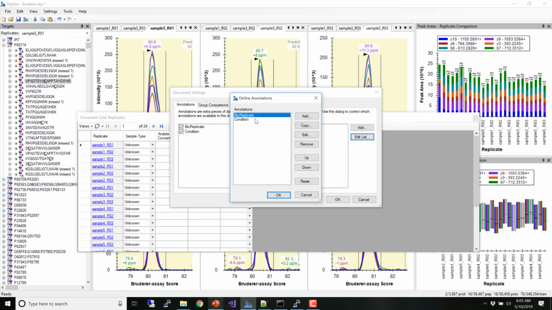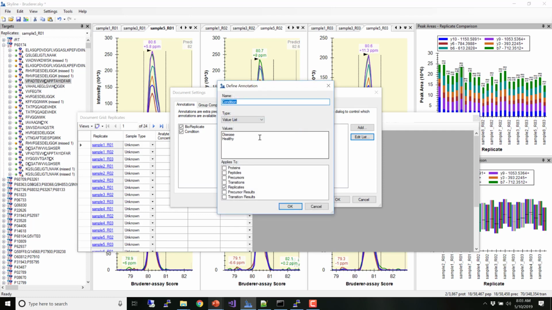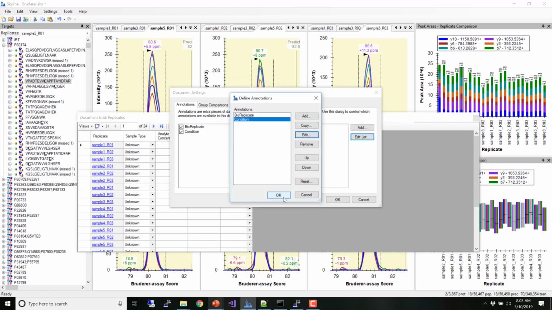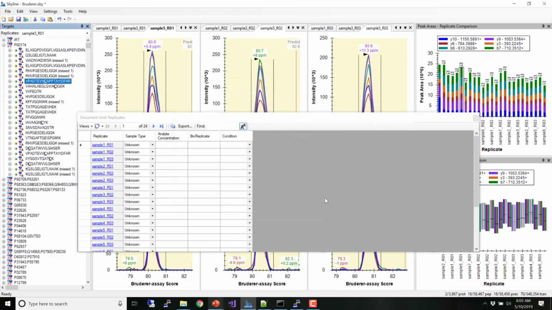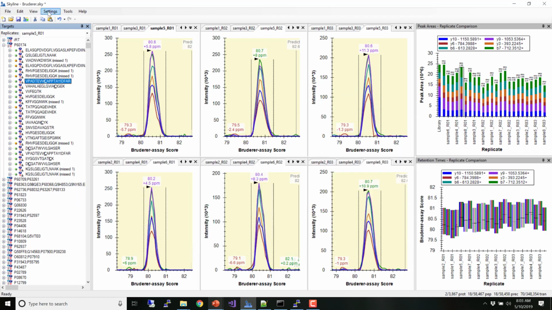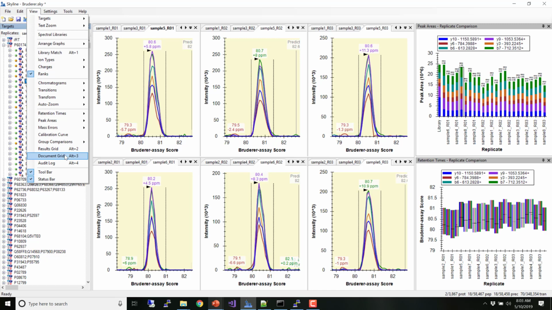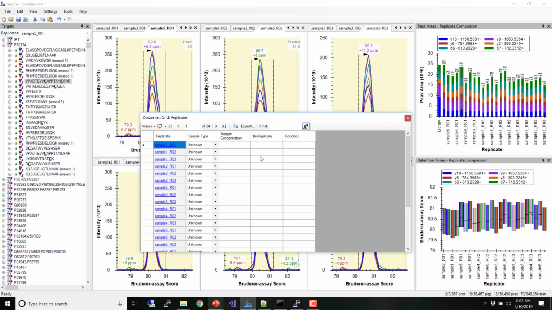I'm going to edit the condition, and for me it's a value list, but I guess maybe other people, what we want is a text value. And it looks like I have to, okay, so everybody else is looking at this. Okay, so now